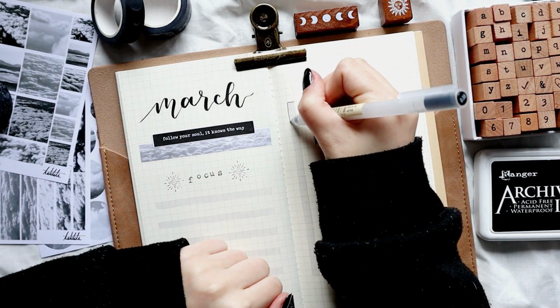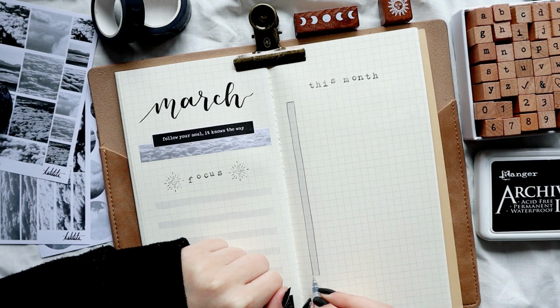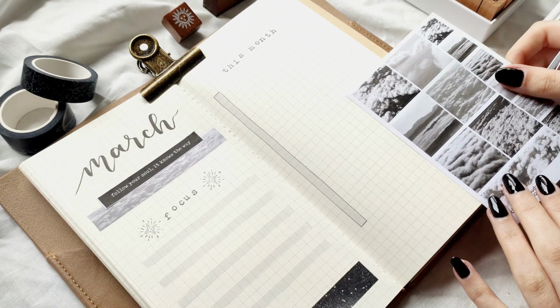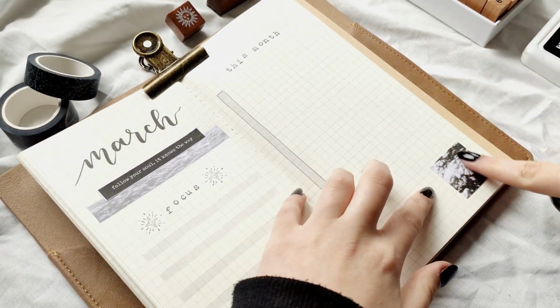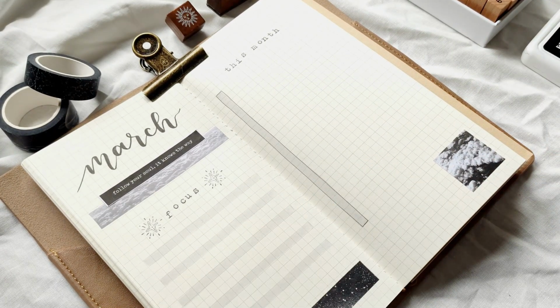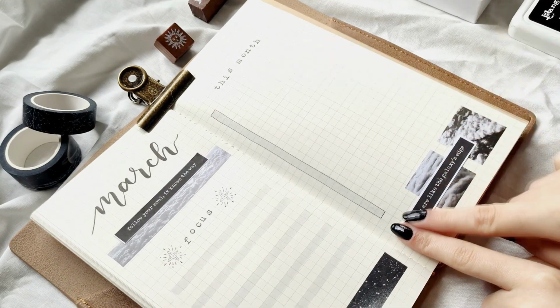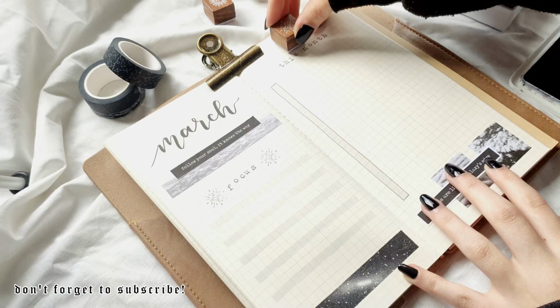Next up, I wanted to have a bigger to-do list for March, because the to-do lists that I did for January and February were kind of short and kind of bulky, so I wanted to change things up and go back to the basics. So I just did a bar with my gray Tombow Dual brush pen for the X's and for any symbols,